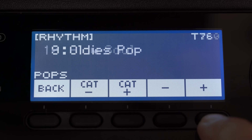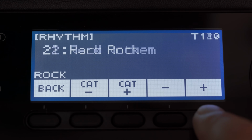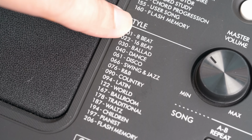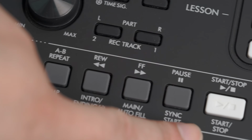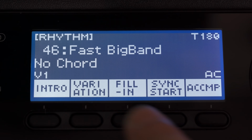Casio has included 200 rhythms with the CT-S400 with the option of loading an additional 10 third-party rhythms you can download from the internet. The Yamaha PSR-E373 on the other hand has 5 more rhythms than the Casio. Just like the Casio, the E373 can also load 10 additional third-party styles from the internet in addition to the 205 built-in rhythm accompaniments. For each style, both keyboards have an intro, ending, 2 rhythm variations, and 2 rhythm fills,